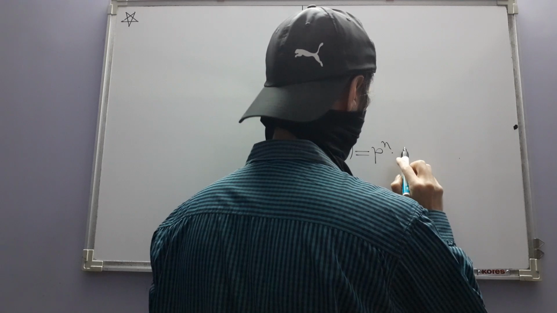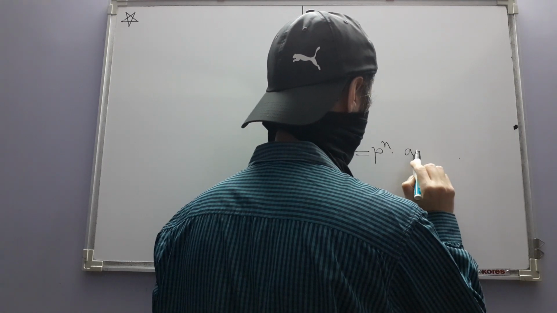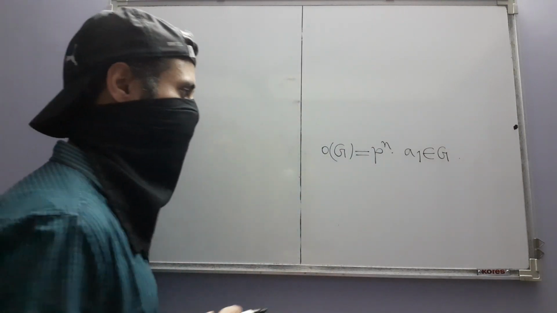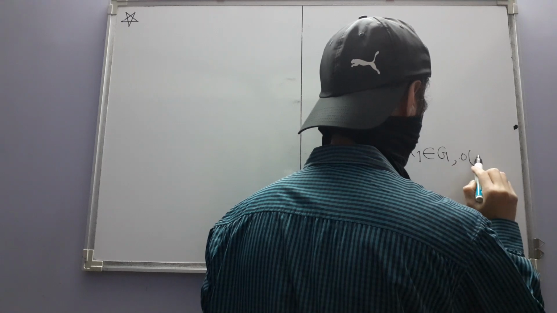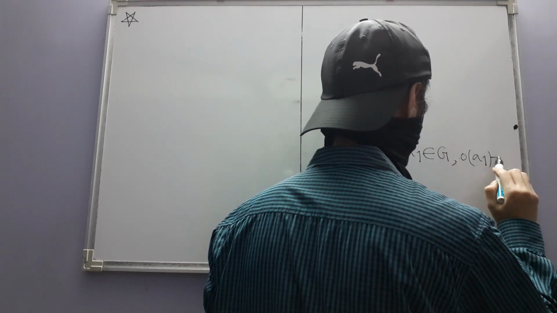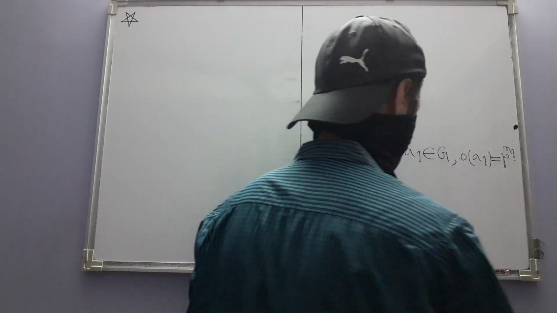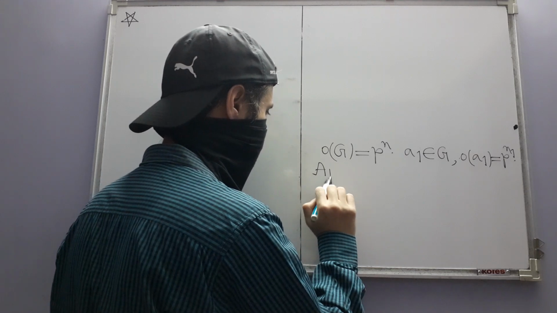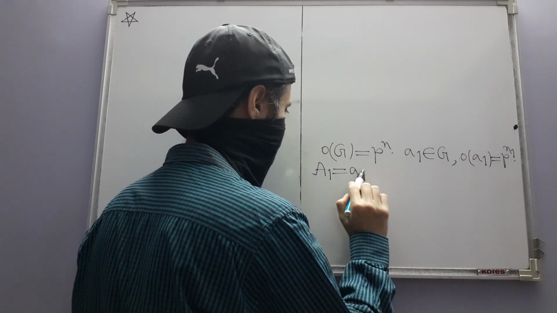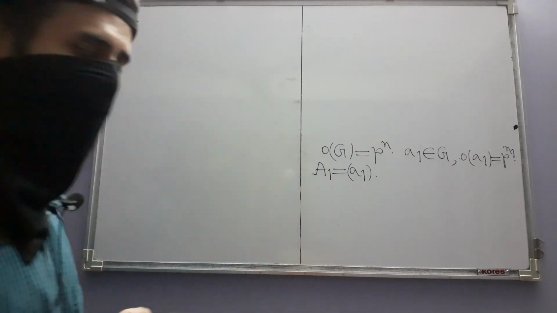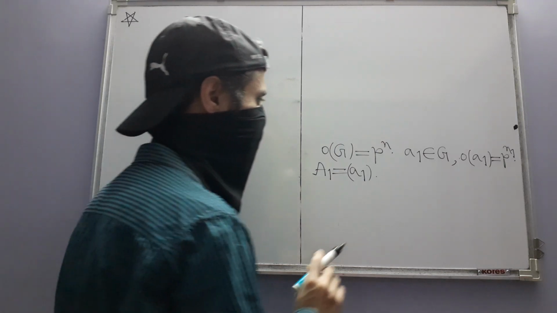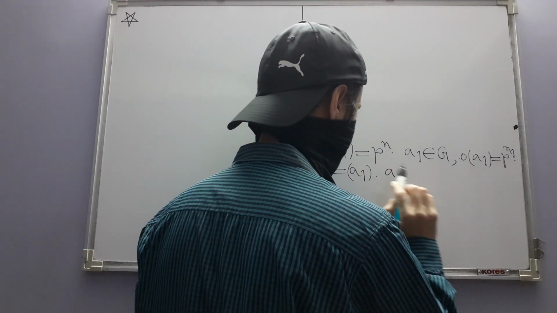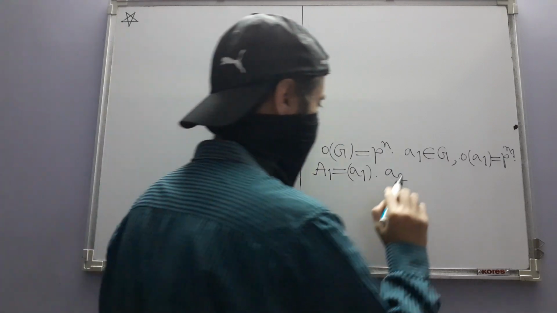We started the proof by considering an element a1 in G having maximal possible order. Now that order, of course, will itself be a power of p, and we assumed it to be p to the power n1. And we denoted by capital A1 the cyclic subgroup generated by this element, small a1. Okay, and then we came across an element a2 again in G